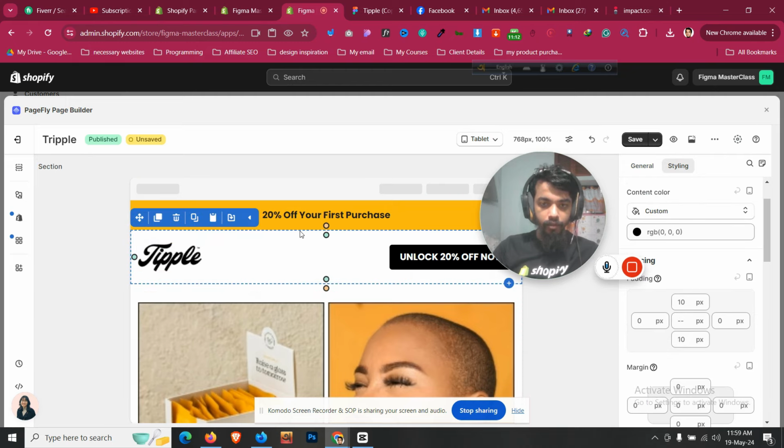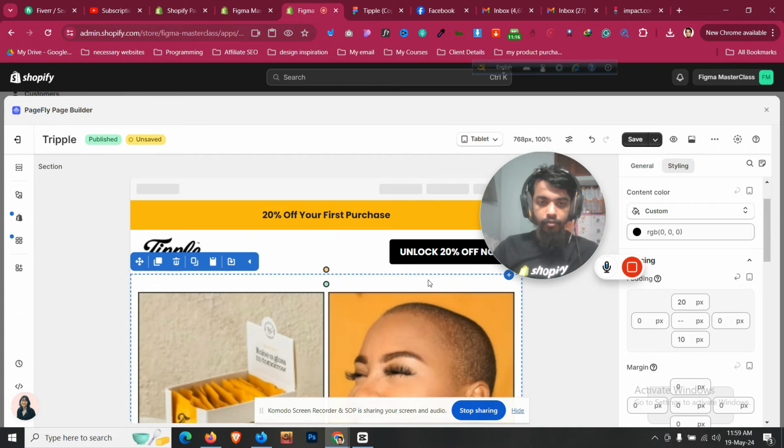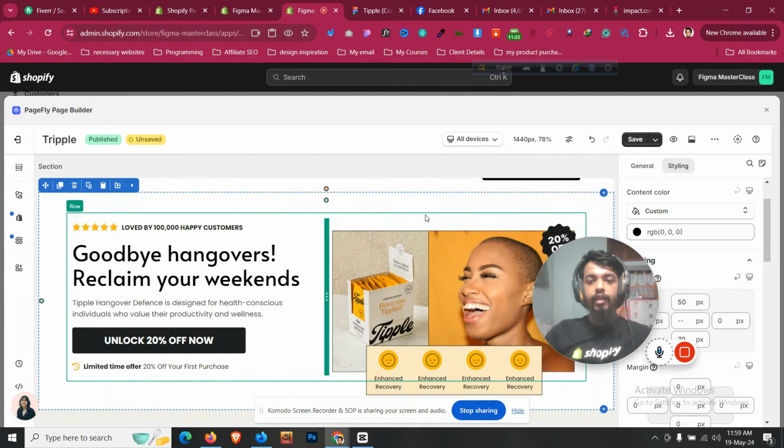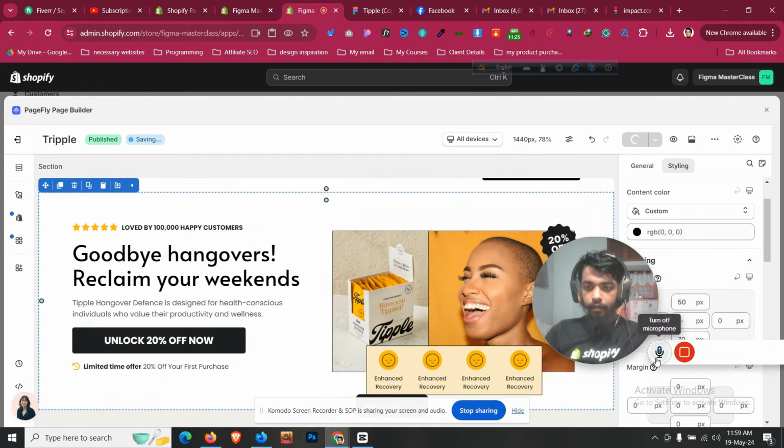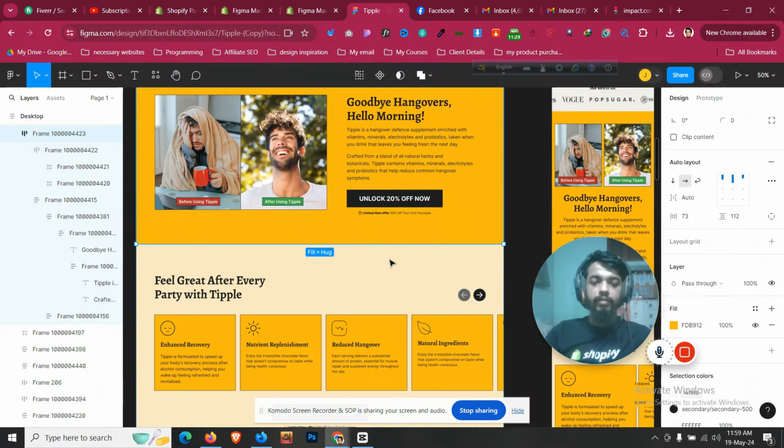This is good, very good. Let's decrease this spacing a little bit more. Okay, good. So now everything looks perfect and mobile responsive. Okay, now let's click on save. Now let's click on save, and we have done this section and everything is mobile responsive as well, because we